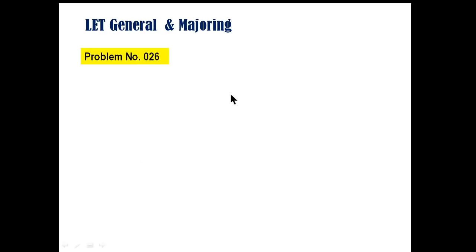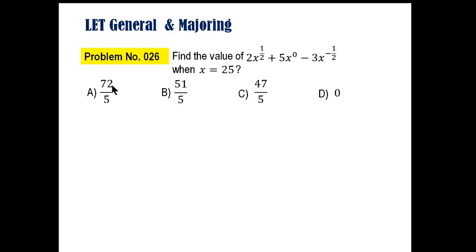Problem number 026. Find the value of 2x raised to 1/2 plus 5x raised to 0 minus 3x raised to negative 1/2 when x is equal to 25. This is algebra. Alright? So for the choices, we have 72 over 5 for A, B, 51 over 5, C, 47 over 5, D, 0. For the solution,